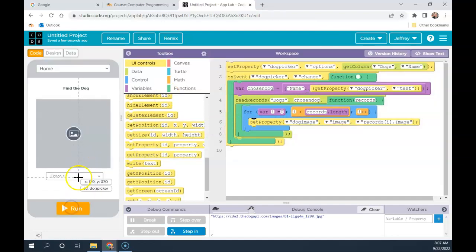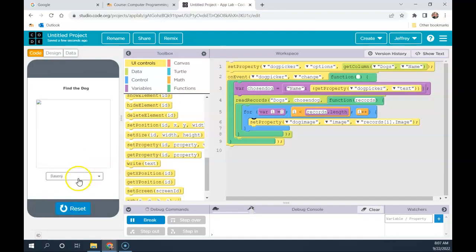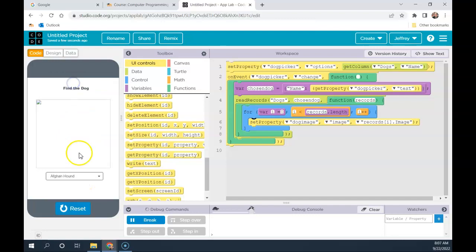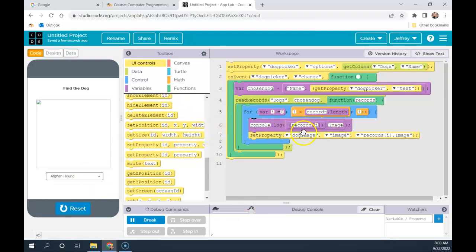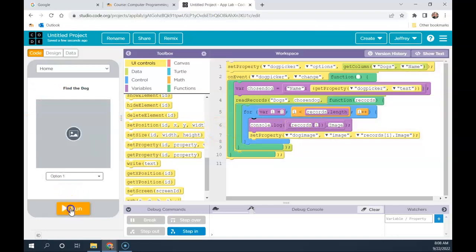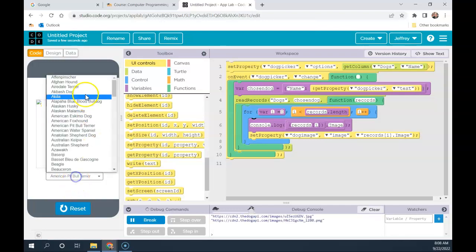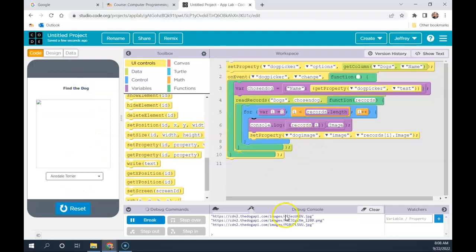And let's see what happens with my database. Nope, mistake, mistake, mistake. All right, let's bring that back there and figure out why we're not getting a picture here. Very strange. All right, let's have a little look here, another debug. So I see that is proper. I set the property of dog image. I'm setting the image